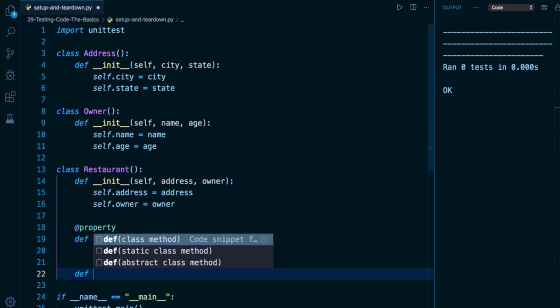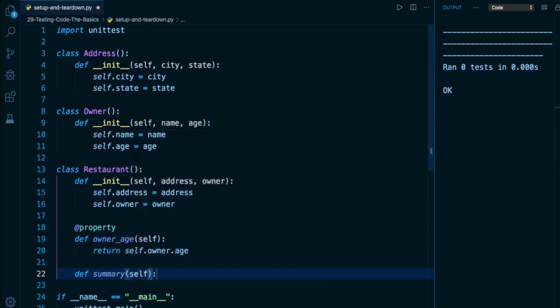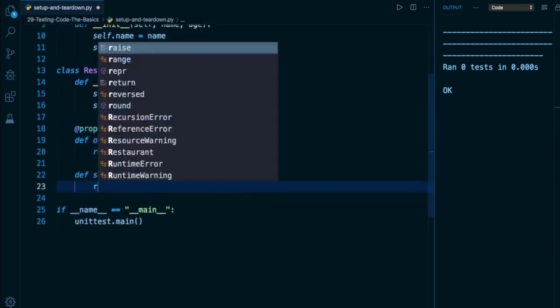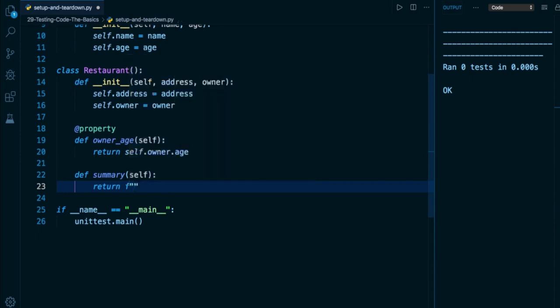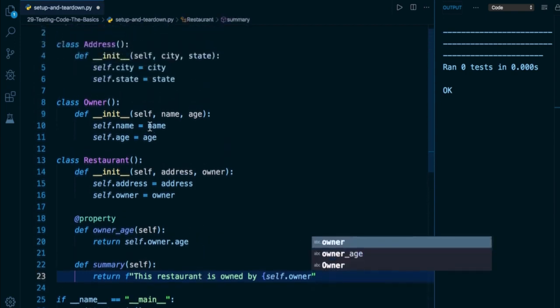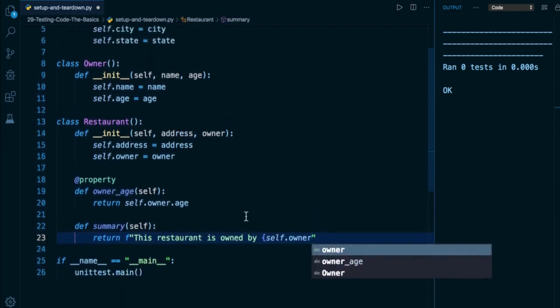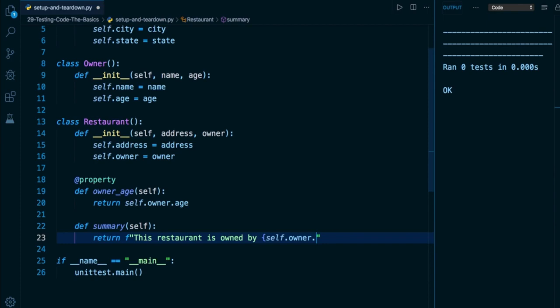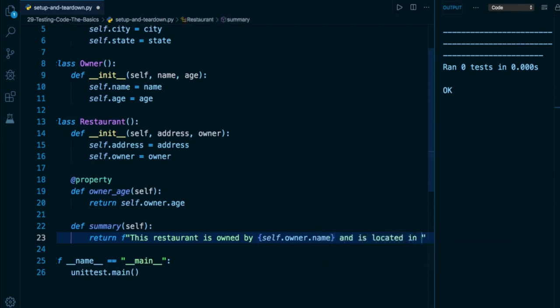And below, let's also define a method called summary. In summary, all it's going to do is return a formatted string. And that string is going to say, this restaurant is owned by, and now let's go ahead and get the owner's name. We know we have an owner object represented by self.owner, and on that owner object, we are going to have a name attribute. So I can say this restaurant is owned by self.owner.name and is located in,